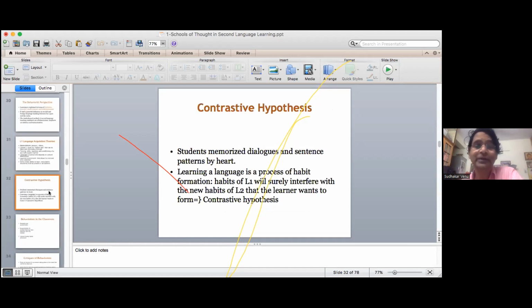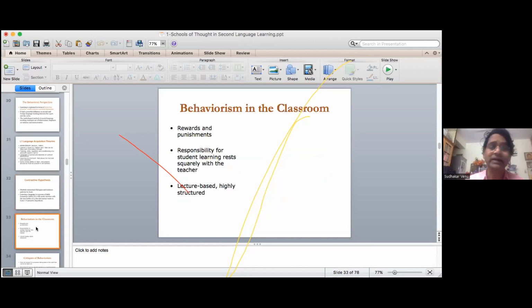There is one more aspect which we need to understand: students memorize the dialogues and sentence patterns by heart. This is what people used to do. Learning a language is a process of habit formation. The habits of learning language 1, according to mostly the behavioristic kind of schools, will surely interfere with the new habits of L2 that the learner wants to form. This is the contrastive hypothesis, well known in the literature. Most of you might have studied this. So how does our own language, our mother tongue, influence learning the English language? This is the contrastive hypothesis which was addressed by many